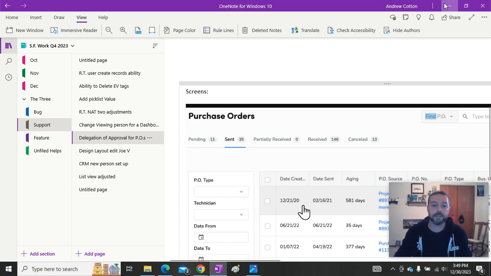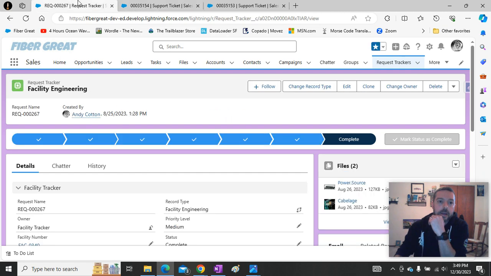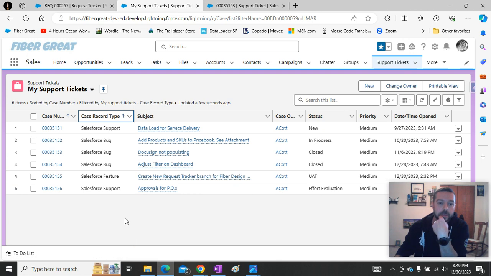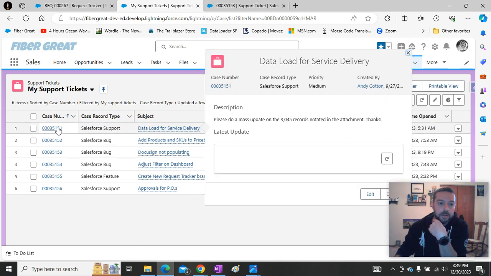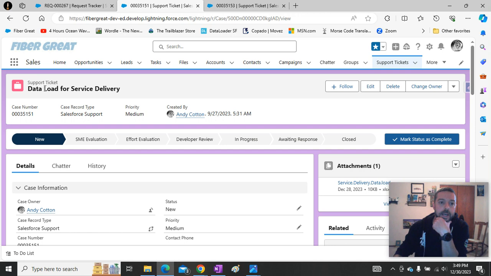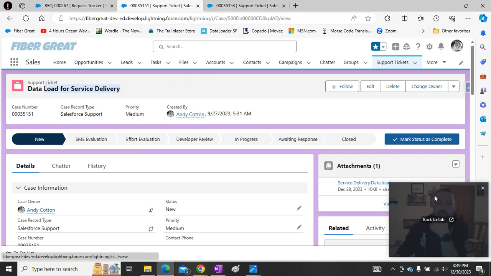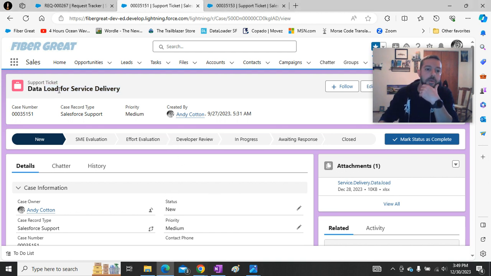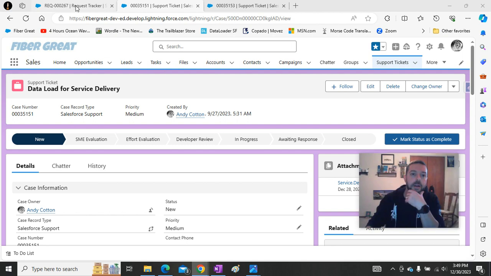The last thing that I wanted to do with you guys today is we're going to look at how I take a ticket and just go ahead and create it. So this one here is what we were going to look at. This is a data load. So we have an attachment that has an Excel spreadsheet in it, and we need this data loaded in, whether it's changing this particular field or creating these new records. We're not going to be opening up the attachment, but what we're going to be doing is just creating the